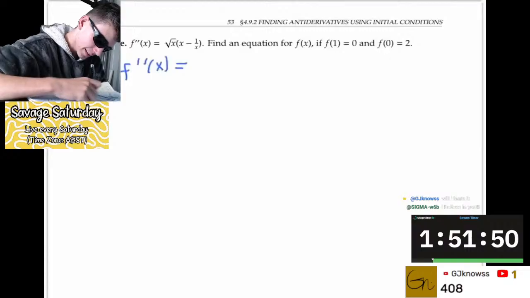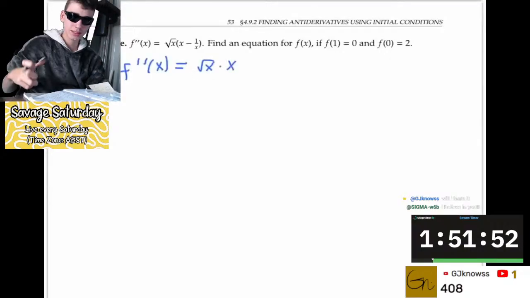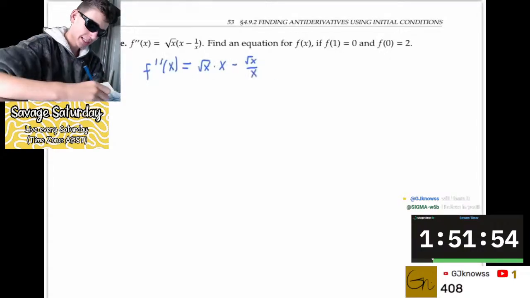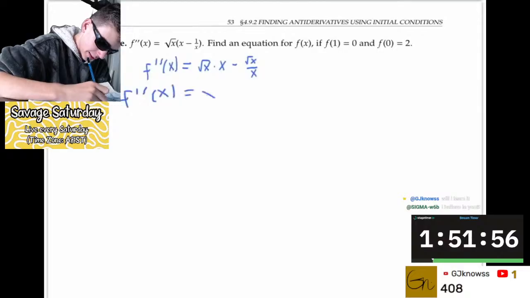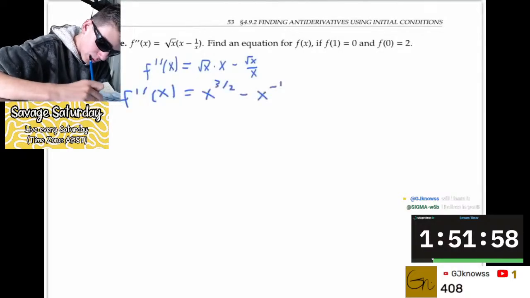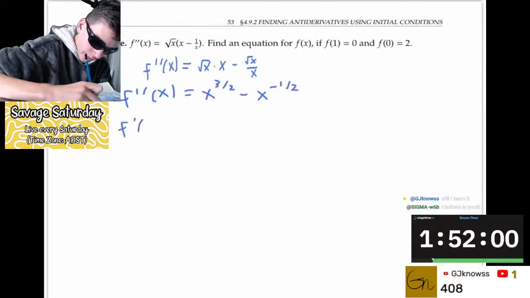I'm going to rewrite the second derivative of x in a more manageable form. By distributing, I get the square root of x times x minus the square root of x. And rewriting with exponents, we get x to the 3 halves minus x to the minus 1 half. Next, I'm going to find f prime of x, which is the